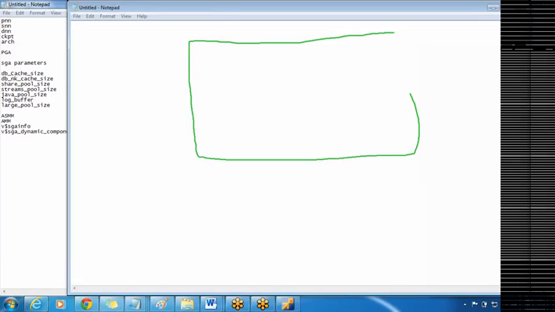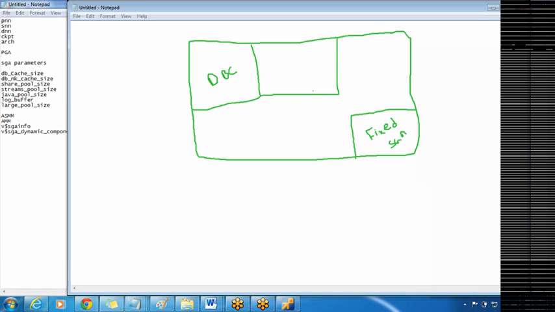Today we'll see the rest of the architecture part. As we already saw in the SGA, first we have a fixed SGA part, which serves as a kernel for the SGA, which will build the rest of the SGA components. And then we have the database buffer cache, and the shared pool, which is in turn divided into two components,